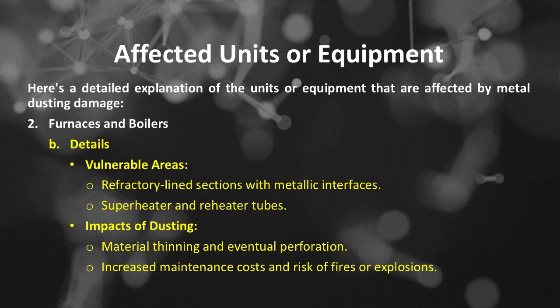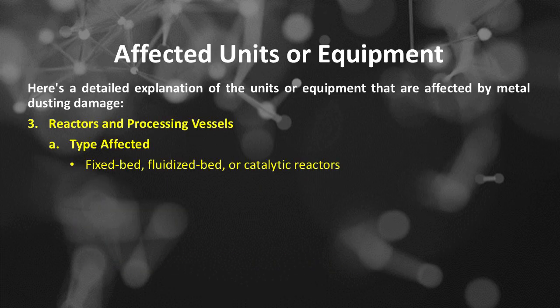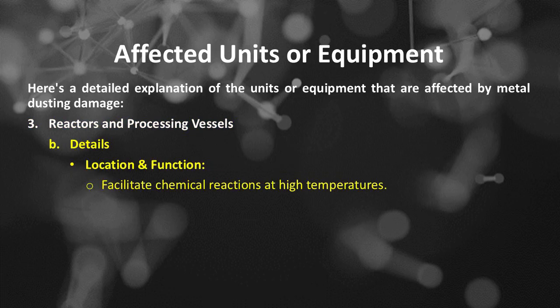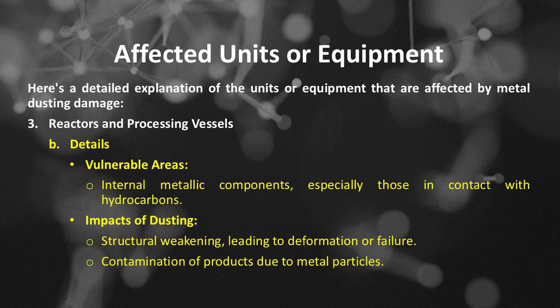fires or explosions. Number 3 of the units or equipment that are affected by metal dusting damage is reactors and processing vessels. Types affected such as fixed bed, fluidized bed, or catalytic reactors. Reactors and processing vessels details, location and function: facilitate chemical reactions at high temperatures. Vulnerable areas such as internal metallic components, especially those in contact with hydrocarbons. Impacts of dusting such as structural weakening, leading to deformation or failure, and contamination of products